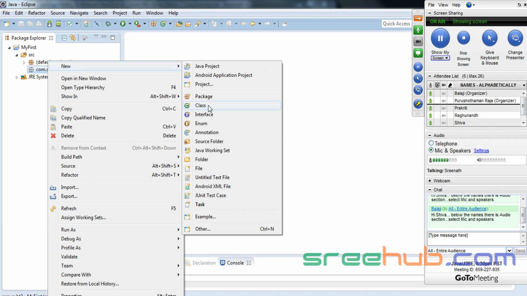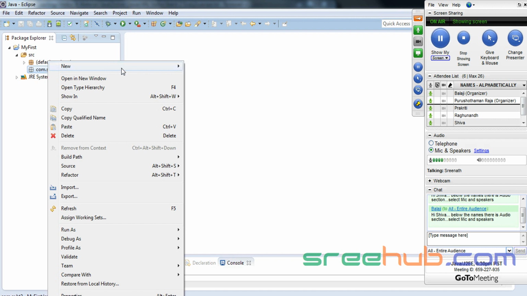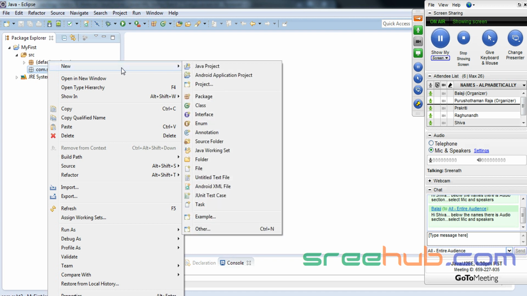Okay, now how to create a class. I hope you guys know Eclipse, and if you don't, I'll be explaining that for you in an upcoming class. Eclipse is nothing but an IDE, or integrated development environment, which is used to write Java programs. You can also write a Java program in normal Notepad and compile it using a command prompt, and you can do that. But if you do it that way, you have to write your own code